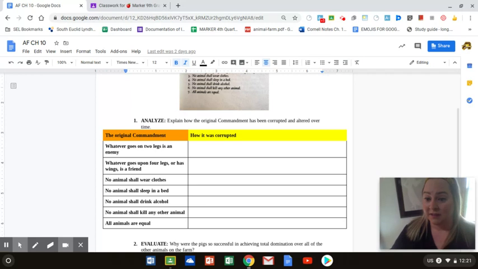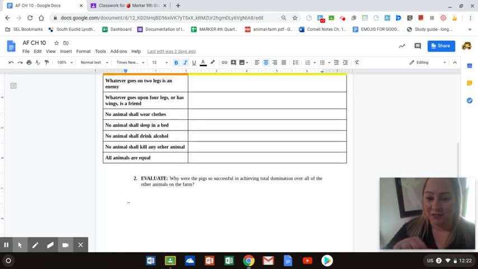So on the left, this is what it says is how it's going to be. And on the right, the yellow, what really happens. And it's going to be the pigs who have violated and corrupted each and every single one of the commandments. I want to know what they did that was antithetical to the original commandment. And then your second question,